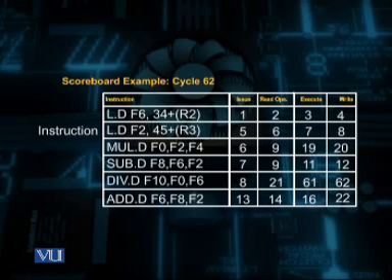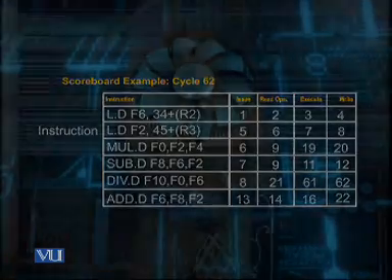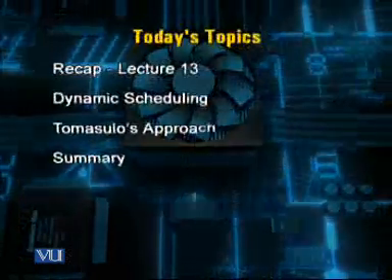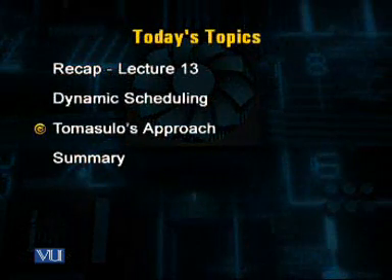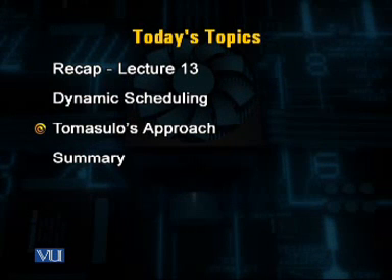Whereas the operand read and execution is out of order, and ultimately the final completion is also out of order. So with this much discussion on the scoreboard, we found that the scoreboard enhances the overall performance of the pipeline. Now today I will give you another approach which was introduced by Tomasulo